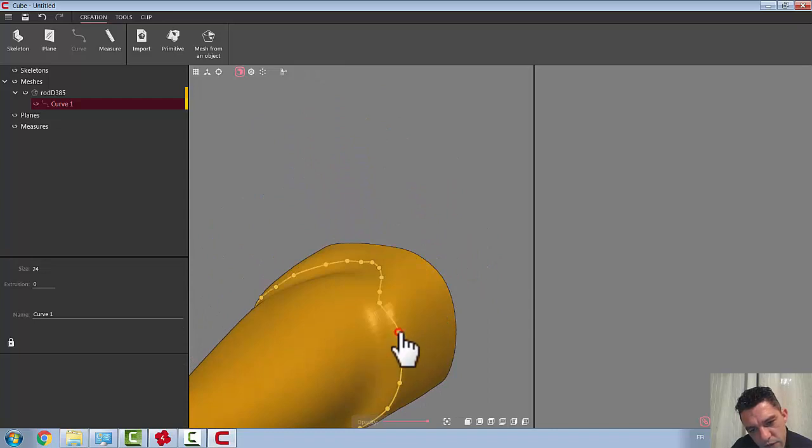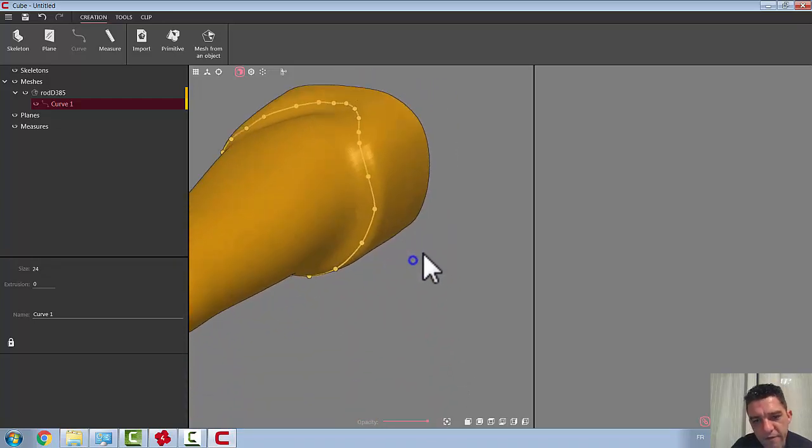Probably this I need to reduce a lot, because we don't need a lot of space. Something like this, for example, is okay. And after